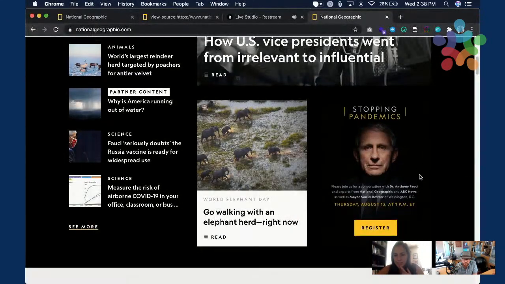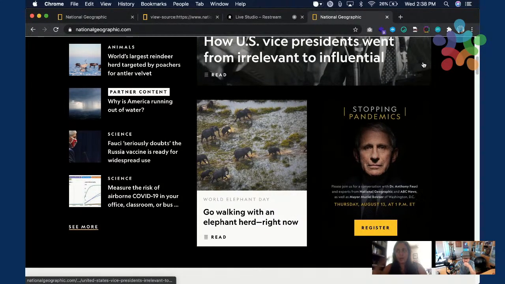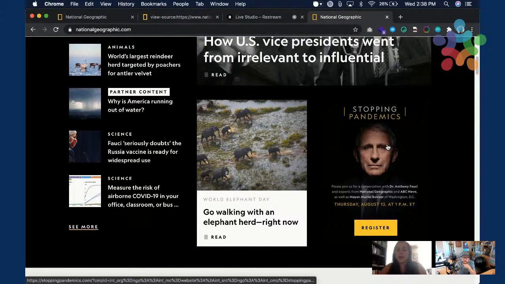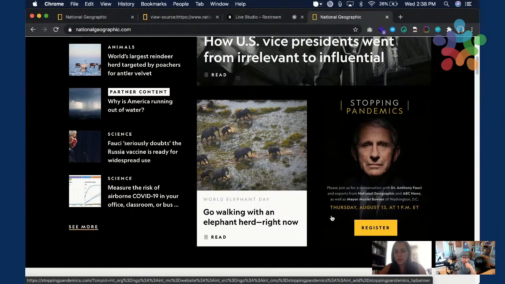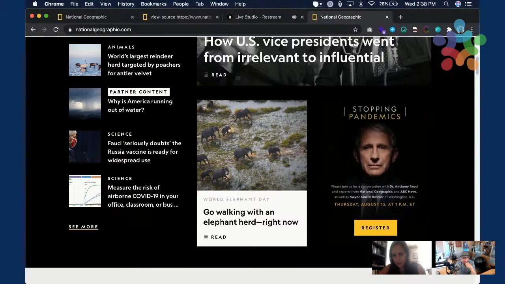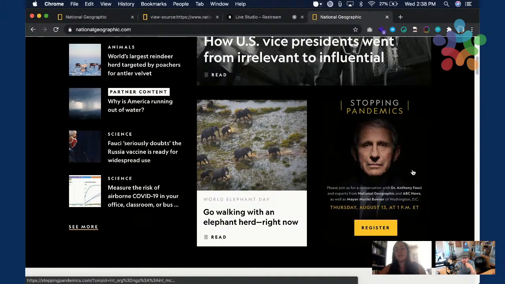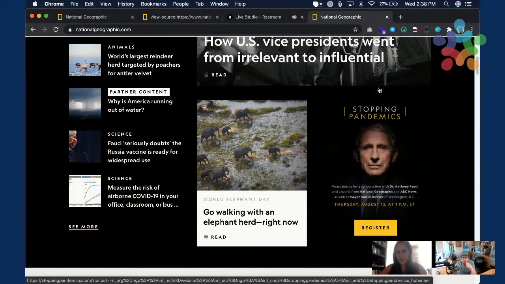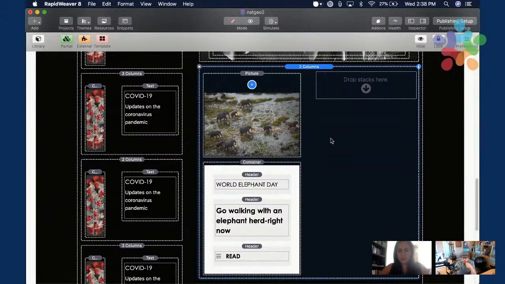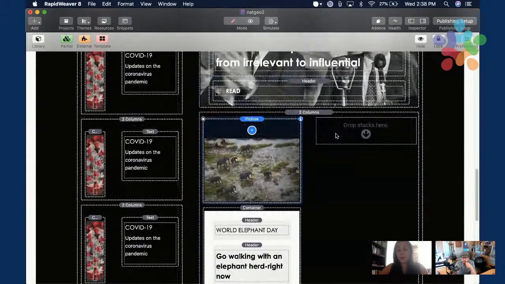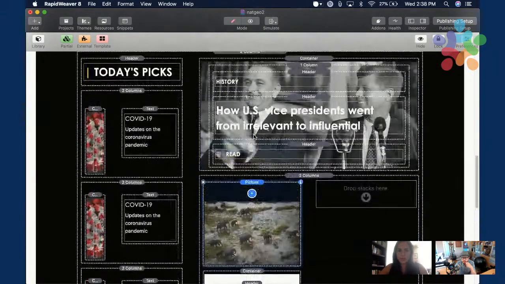So what I noticed is that I thought this was a photo that would cut at the guy's tie, but no, it goes all the way down here, and the button is on top of that photo. So that would not be a picture; that would be a container.